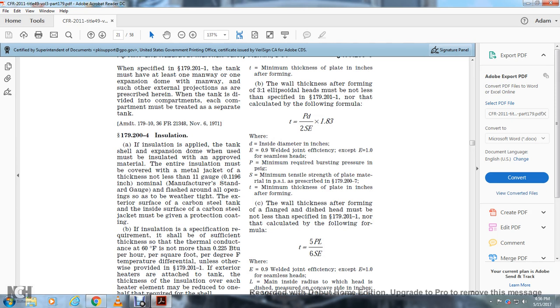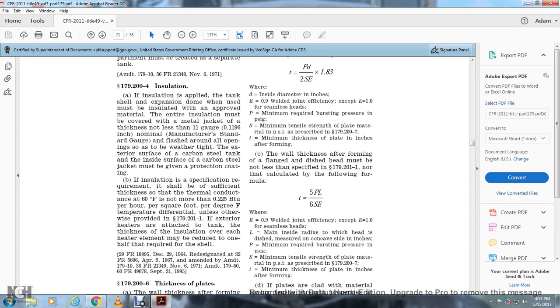179.204, insulation. If insulation is applied to the tank shell or expansion dome, it must be installed with an approved material. The entire insulation must be covered with a metal jacket of a thickness not less than 11 gauge nominal, manufacturer's standard gauge, flush all around openings, and weathertight. The exterior surface of the carbon steel tank and the inside surface of the carbon steel jacket must be given